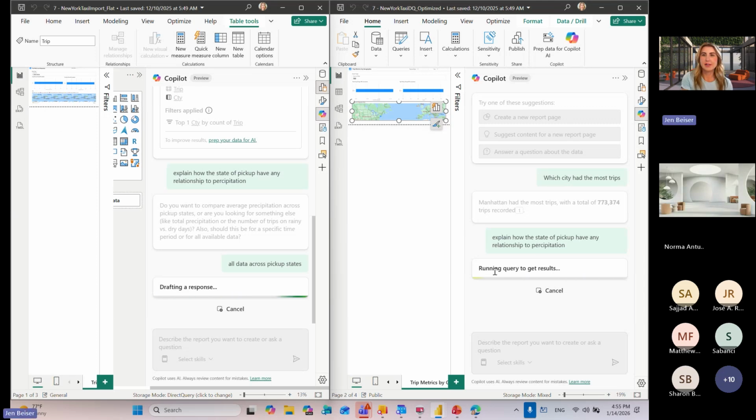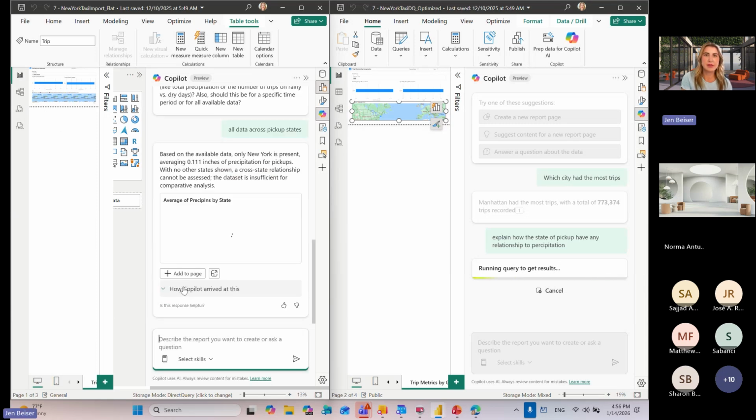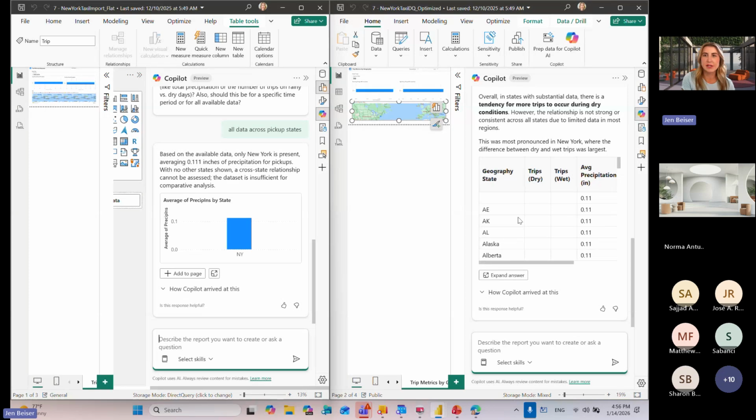And so over here, it looks like it's making a DAX query and then it's running the query. And over here, it's writing my response. And so this says only New York is present, which is not true. I have other states in here, as you can see over here. And it says that it was 0.1 inches for pickups. There aren't any other states shown, and that's not true at all. And over here,